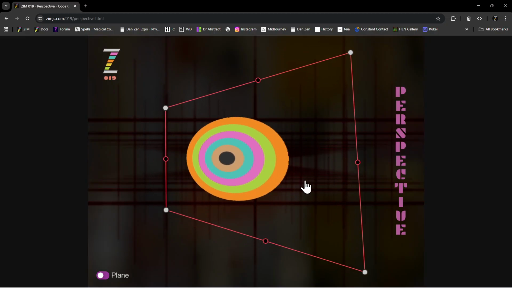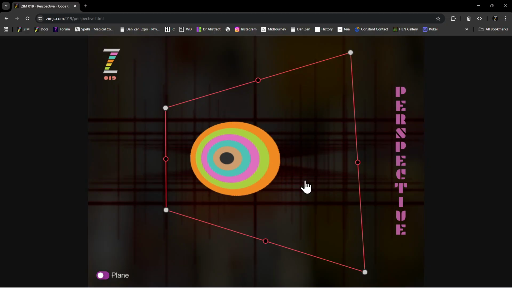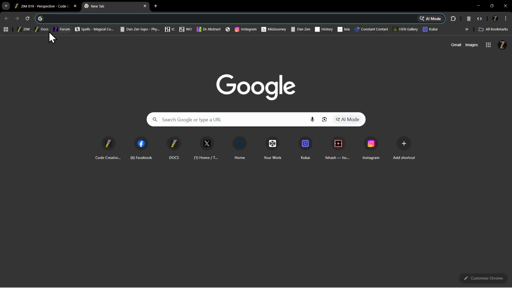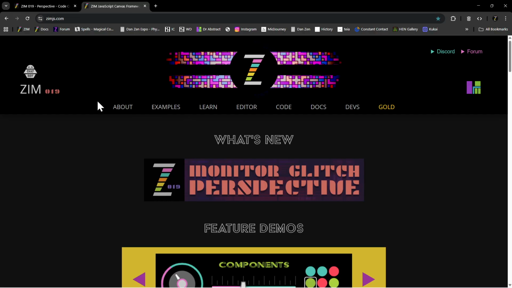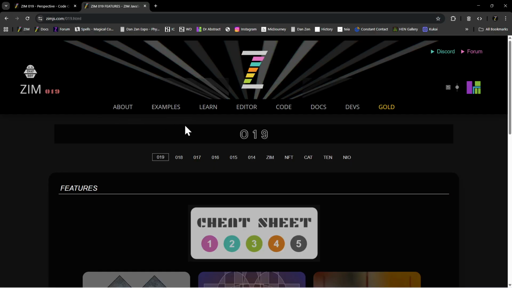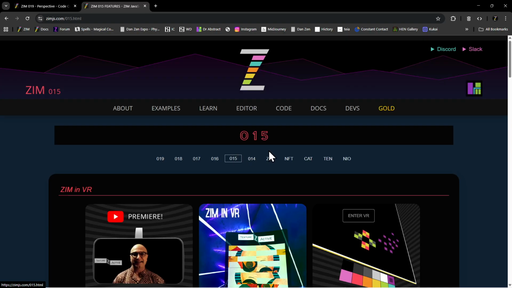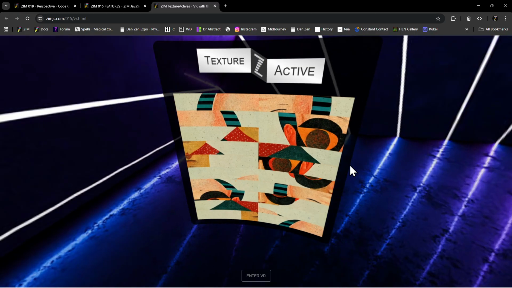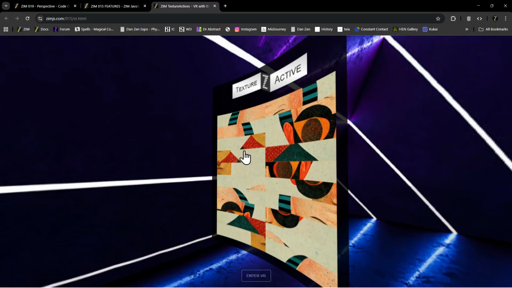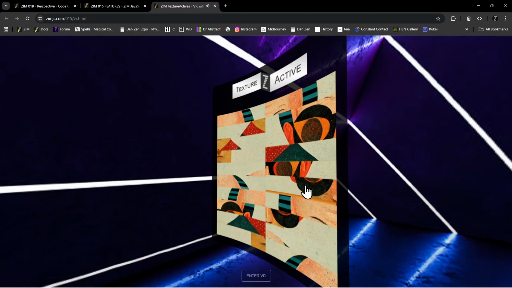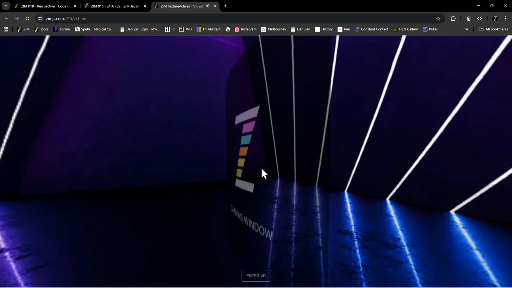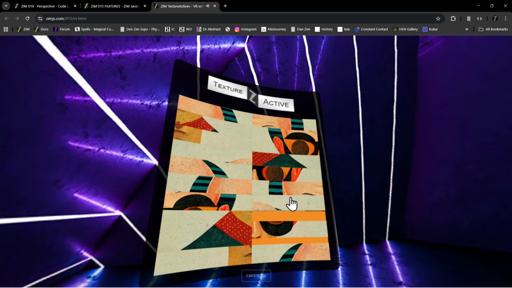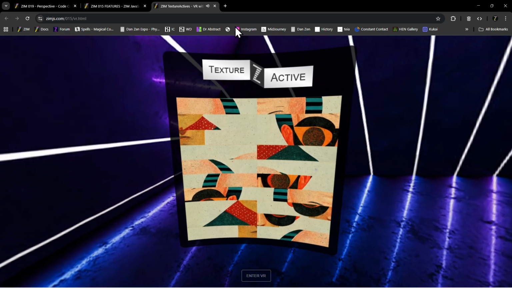So if you want that, then you would go to something like out here in ZIM, our texture actives, which were around in ZIM 0, created in ZIM 015. So here's a demo of texture actives. So there's the perspective, and this is interactive. And so that's quite wonderful. But ZIM's not a